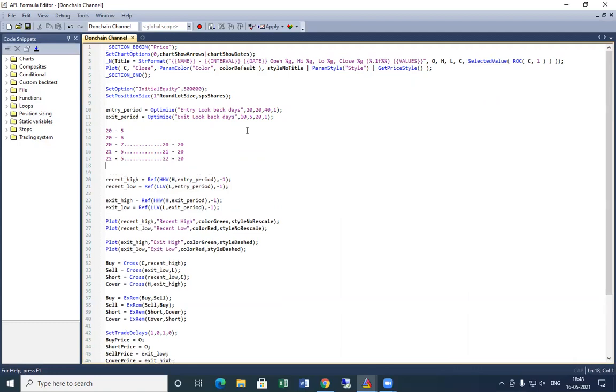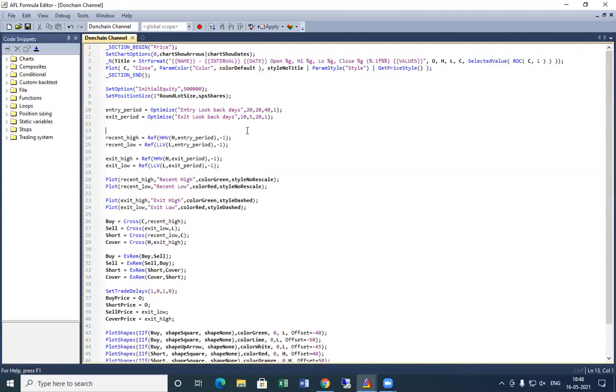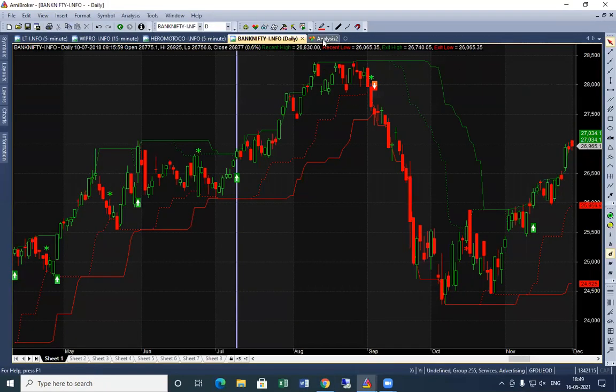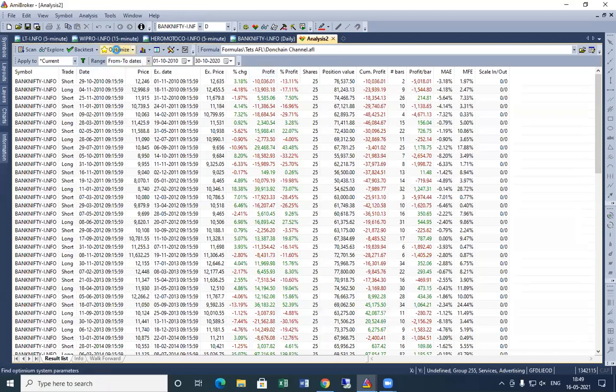And it will do all these backtests up till 40, 20, right? So we do the optimization. Okay, click on apply. Go to the analysis window and click on the optimize button.